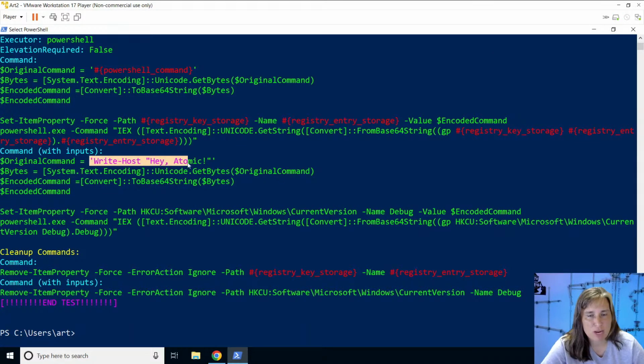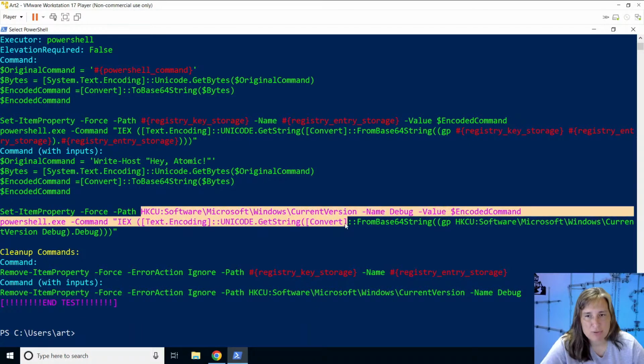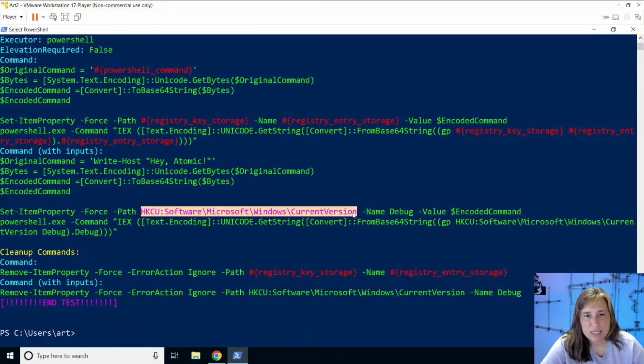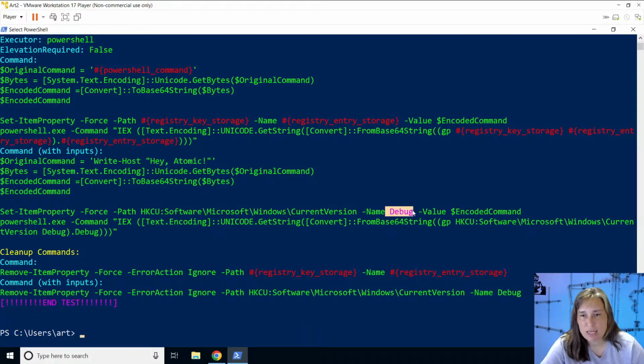So here we have write hey atomic here, and then the default location that we're going to save the registry is in HKCU, which is Hive key current user, software, Microsoft Windows current version. And we're going to store our base64 encoded command in a key called debug with the value of whatever our encoded command is. And then when we execute it, we'll say, hey, PowerShell, execute this command, which says invoke expression,